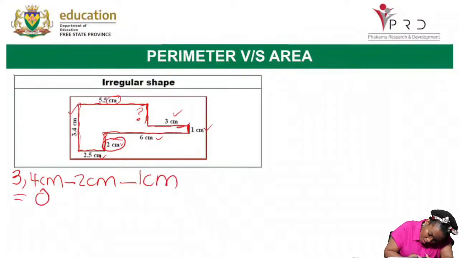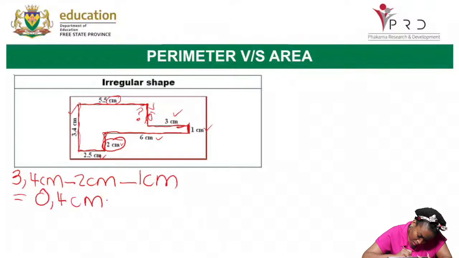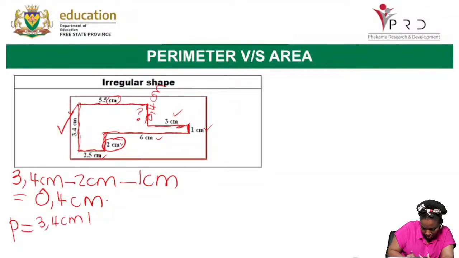The answer would be 0.4 centimeters, meaning this part here it is 0.4 centimeters. Now let us calculate the perimeter now. The perimeter would be 3.4 centimeters plus 5.5 centimeters plus 0.4 centimeters